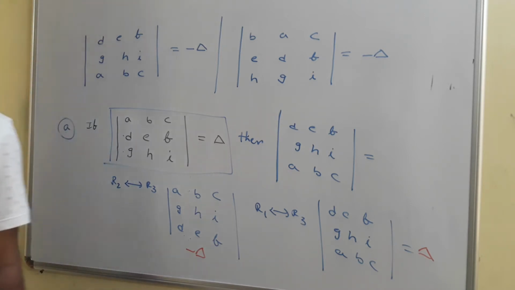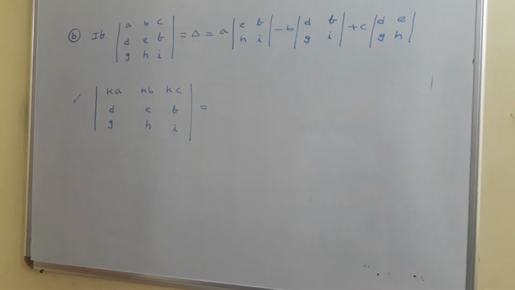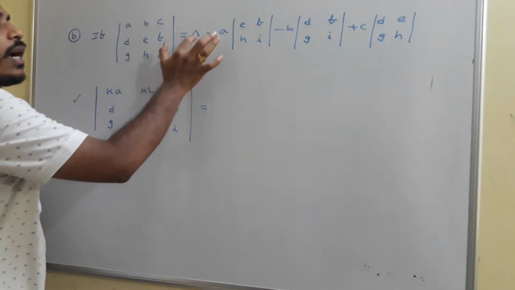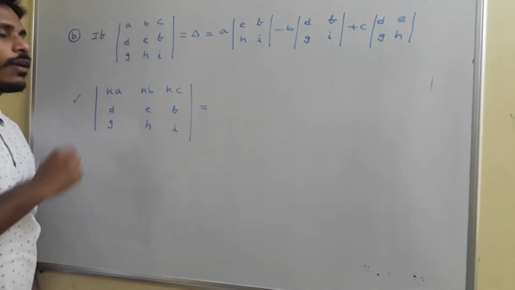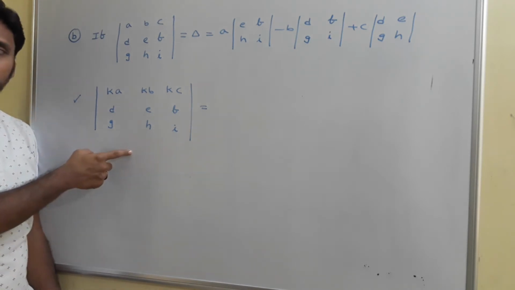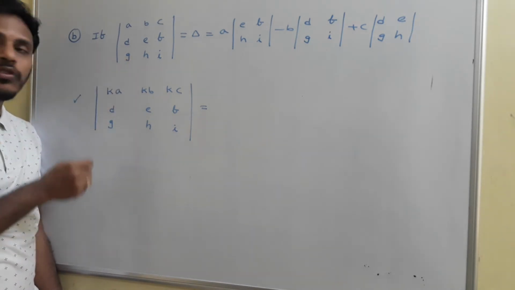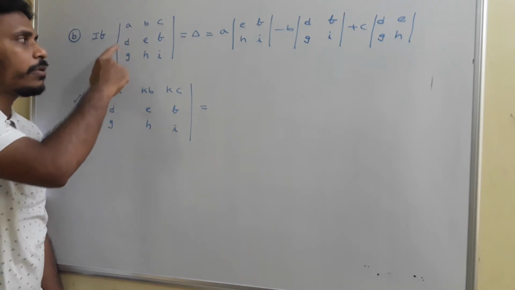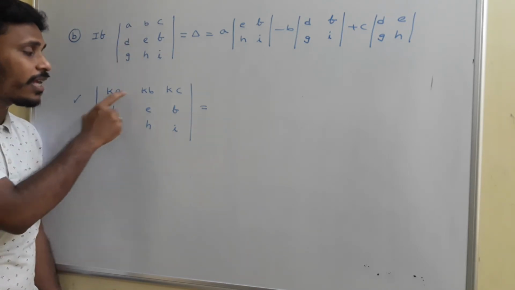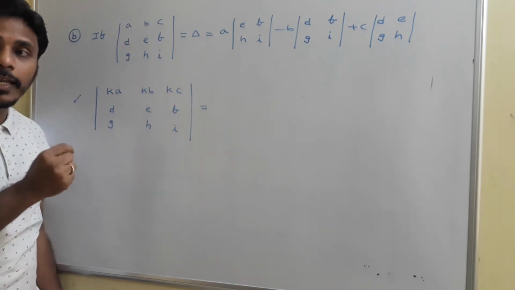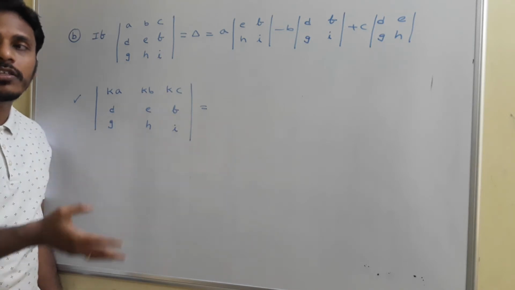Okay, just have a look. This is the first property of the determinants. Yes. See, we know the determinant of the first matrix, if I indicate it by delta, and that's the answer. And now what do you say about the determinant of this new one? First of all, just observe it. Here it is A, B, C, D, E, F, G, H, I, and here it is KA, KB, KC. Multiplying one row with a constant.